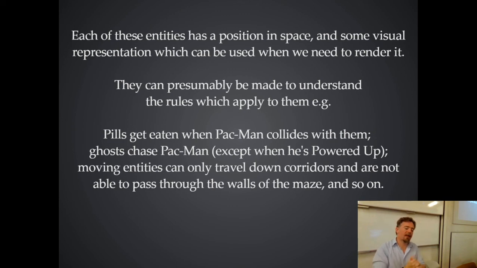So this is why you get interesting things like, you have the ghost entities, and they've got code for how they behave over time, but one of the things the ghosts need to do is they chase Pac-Man, usually, unless Pac-Man's powered up, in which case they run away. So they need to have a way of talking to Pac-Man to say, are you in scary mode or not? So I can work out whether I'm supposed to be following you or running away from you. And that's what you would do. The ghost code would have a message it could send to the Pac-Man object to say, are you in the powered up state or not? And if he's not powered up, the ghost would then say, okay, I'm going to try and route find towards you.